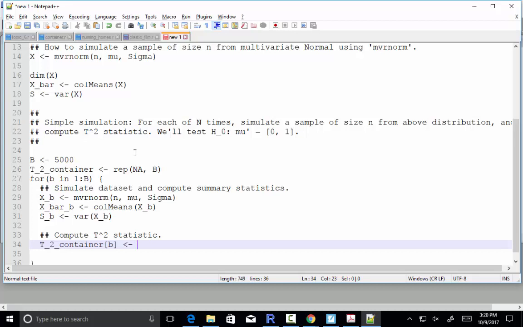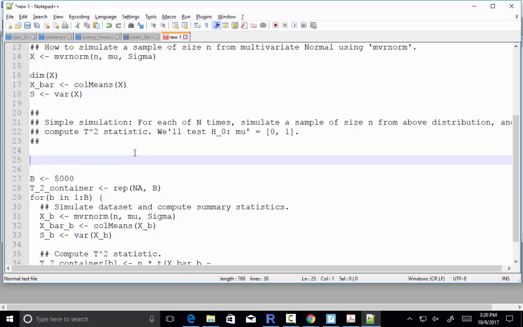That's going to go from 1 and then repeat, go to 2, repeat, go to 3, and so on. So in the bth element of the T2 container, put this calculation. So our t-squared statistic is n times the transpose of x bar b minus, and up here let's put